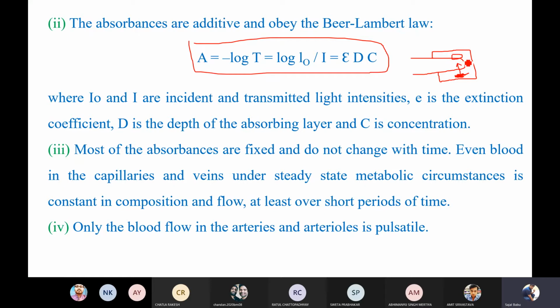Okay, if you are considering arterial and venous blood, we are going to have two blood vessels, right? One will be arteries, one will be veins, and in between the arteries and veins there will be capillaries, right? Let me explain. Okay, this is your tissue, right? So this will be the artery which is going to carry the blood with it. Okay, so the blood in the artery is known as arterial blood. So via arteries the blood will reach the tissue.